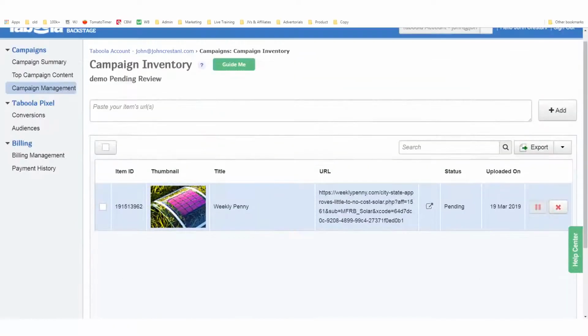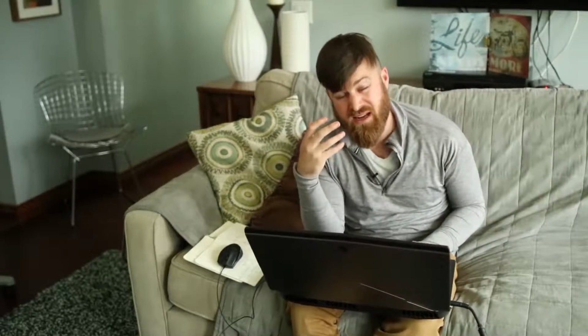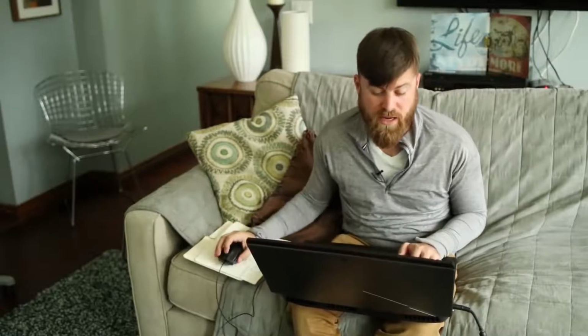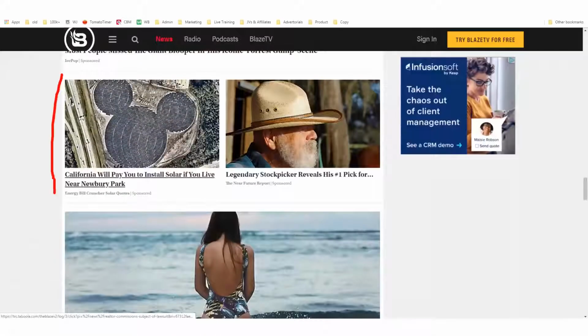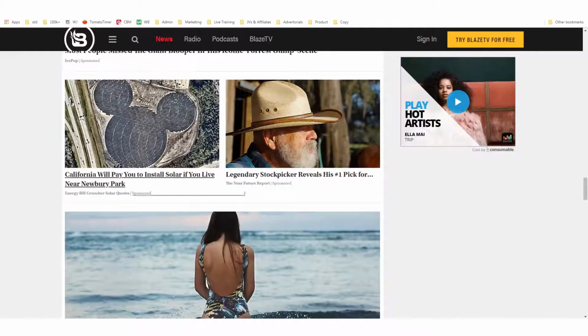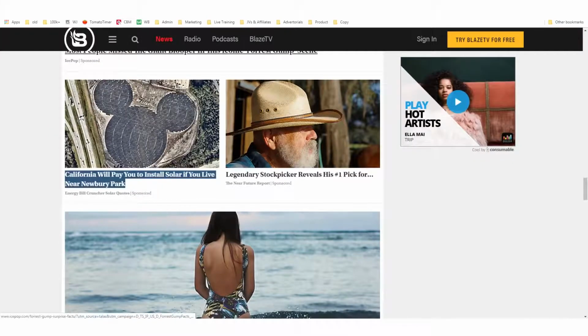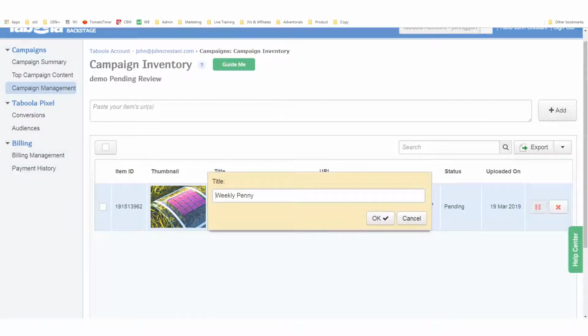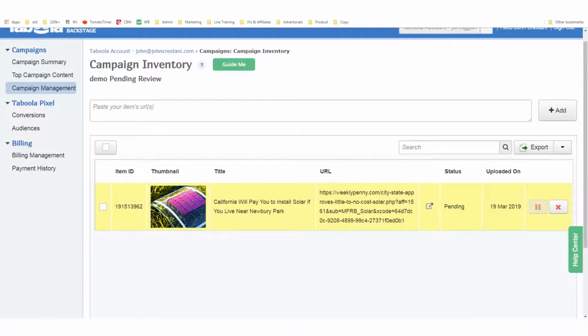But what I'm going to do is I'm going to tweak the ad to make it look more like our control here. Because generally speaking, I only want to do advertising that is proven and effective. So I'm going to actually take this ad and I'm going to do it very similar to that. So let's copy the text of this ad. So California will pay you to install solar if you live near Newbury Park. Now this would only apply to people that live close to Newbury Park, but let's look to see if